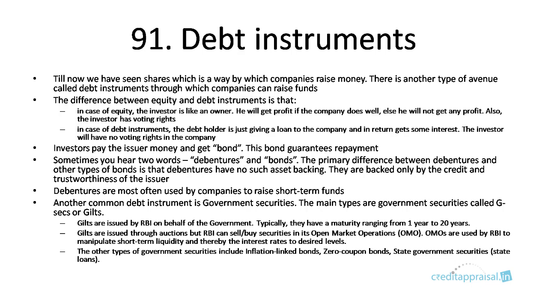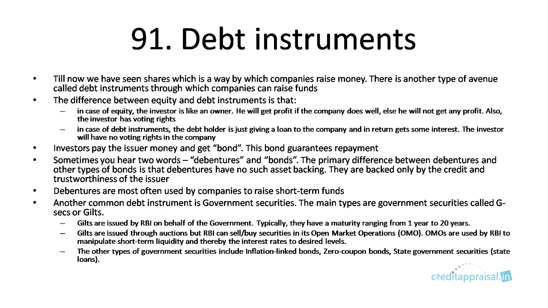In this chapter, we'll discuss debt instruments. So till now we have seen shares. Shares, or also known as equity, is one of the ways in which companies borrow or raise money. We have seen banks give loans to companies, so that is one way in which companies can raise money. They can raise money from the public through issue of shares. There is another avenue available to companies to raise money, that is known as debt instruments.